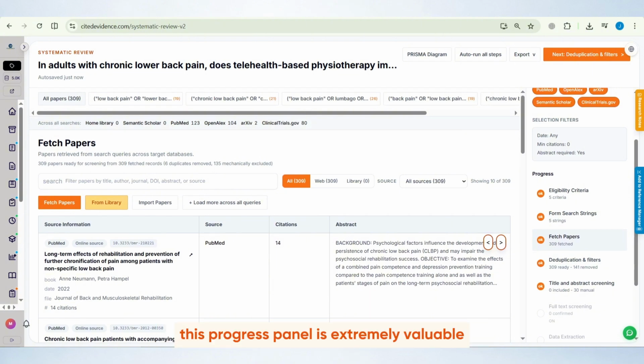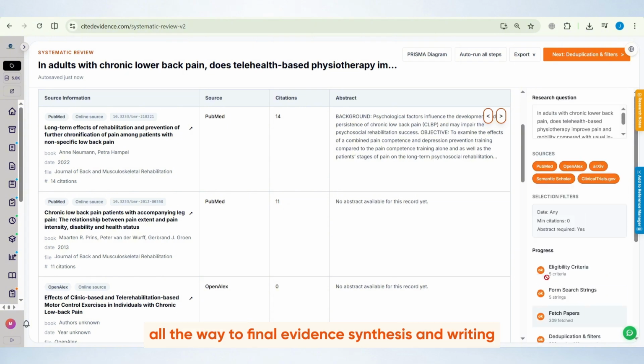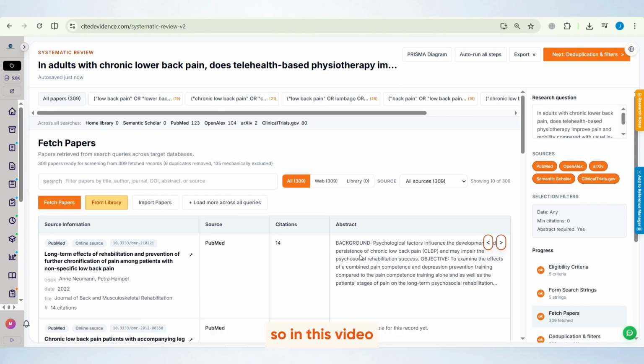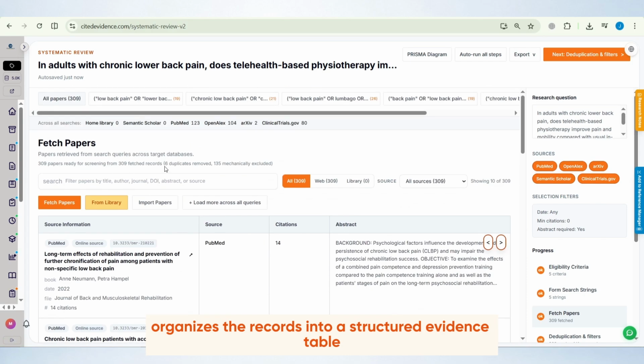This progress panel is extremely valuable because it gives a clear visual understanding of where the review currently stands. I do not need to guess what stage comes next or manually track the workflow in separate documents. The platform organizes the review into a structured pipeline from search strategy all the way to final evidence synthesis and writing. So in this video, I showed how cited evidence retrieves papers from multiple research sources,